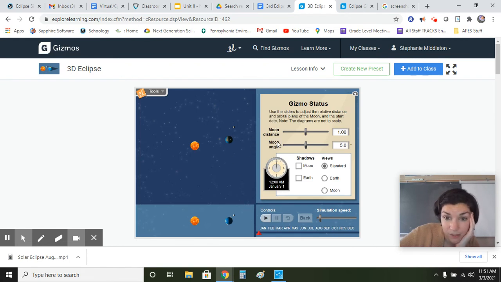why we don't have eclipses all the time. Because the moon is at an angle. So here's the shadow, here's the shadow. The moon isn't always lined up. So like here you have sun, earth, moon. They're in the right order for a lunar eclipse, but it's not going to happen because it doesn't go in the shadow. If I play this,